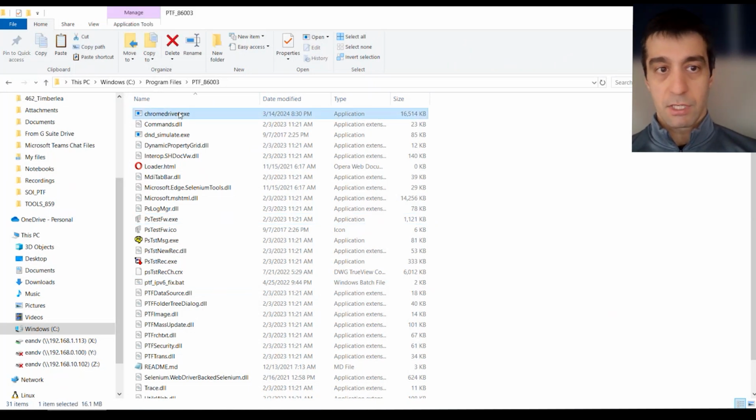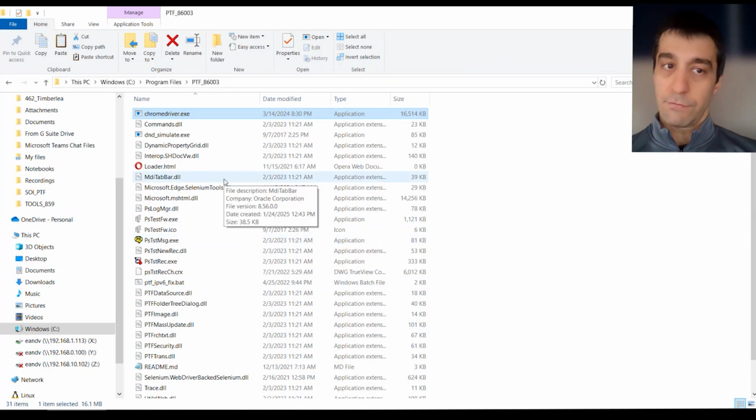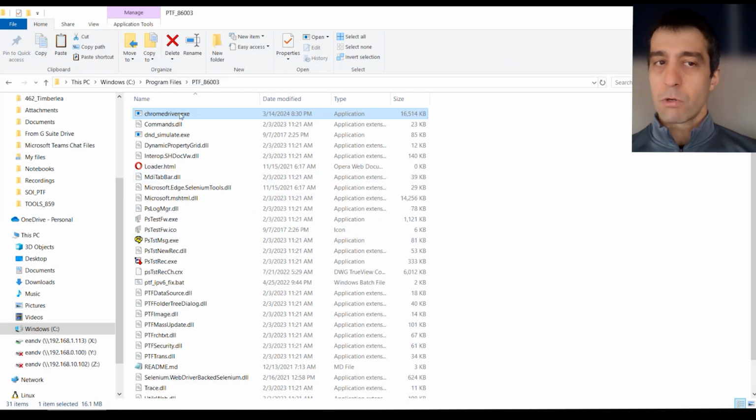So the web drivers in here, and the main one we use is the Chrome driver.exe. You might have an Edge driver for Microsoft Edge, obviously, or a Gecko driver for Firefox. We're going to just focus on the Chrome driver.exe, but the same process can be applied to all three browsers